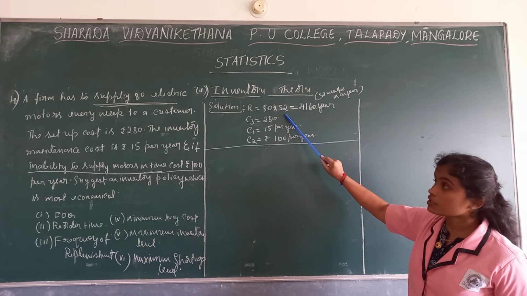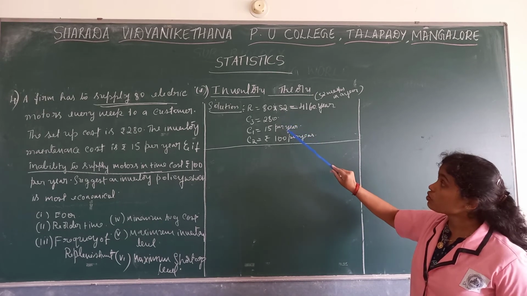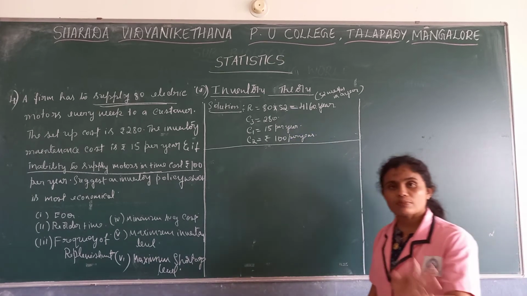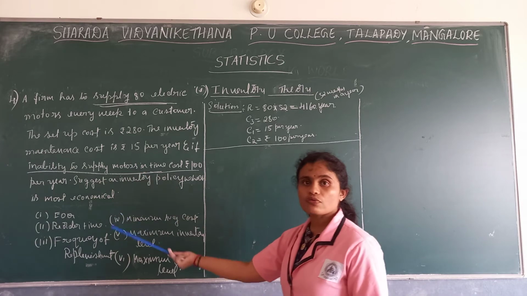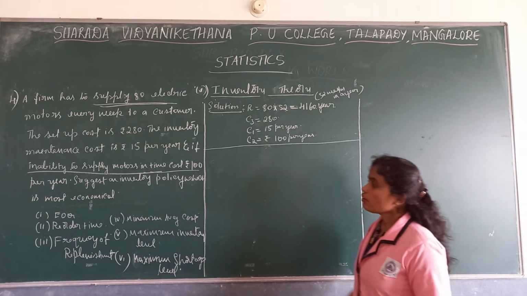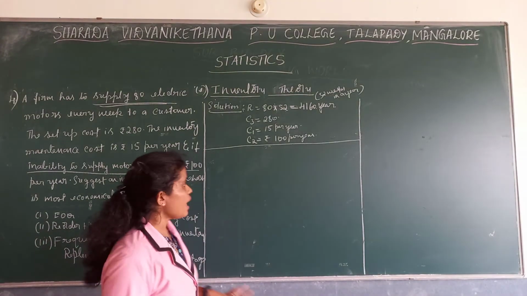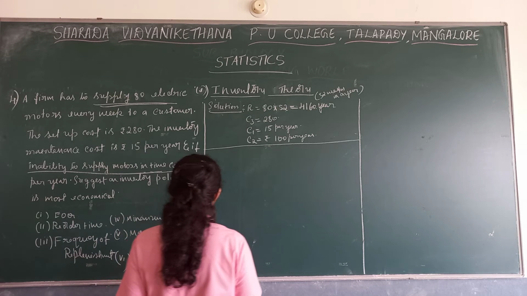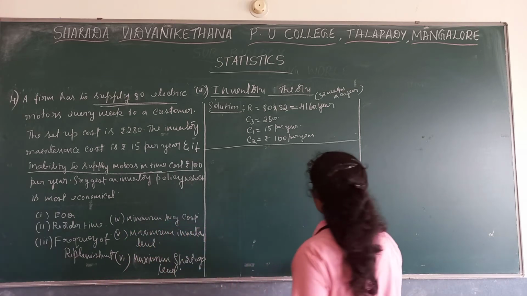We have multiplied with 52 because we need to convert into the form of year. So we have to convert demand into year. It was in weeks, so we are multiplying with 52. In a year there are 52 weeks. Now we have to apply the formula and find out. Firstly, there are 6 things, so we can divide.